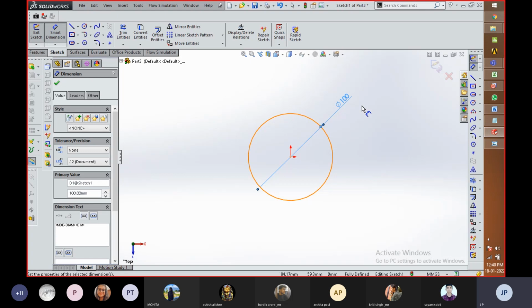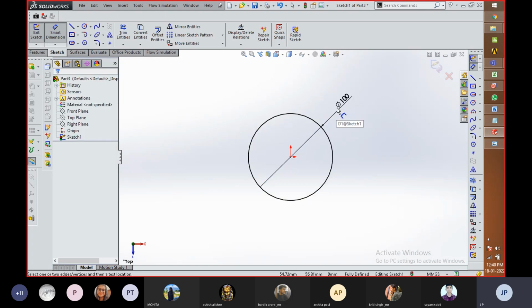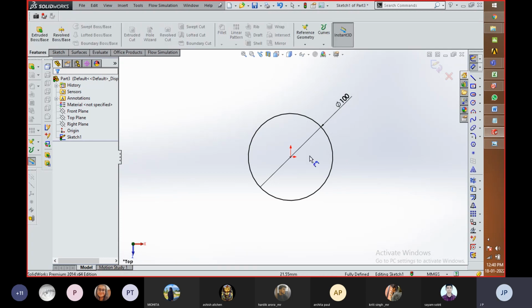Whenever you are dimensioning, if such a symbol appears within a drawing, it shows that it is a symbol of diameter. And if a radius value is given, it is written with an R for radius. Okay. So if we are going to create or add material with this solid circle part,